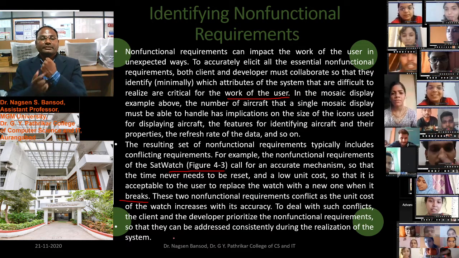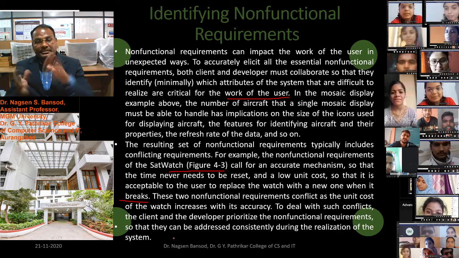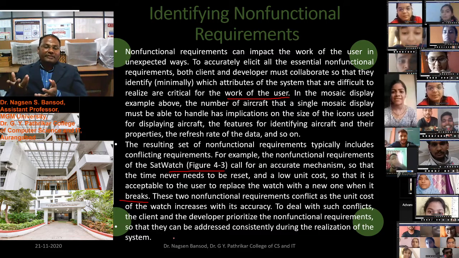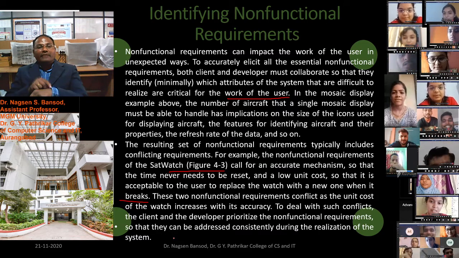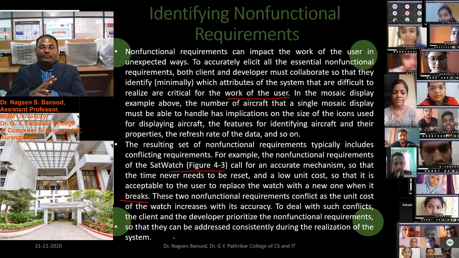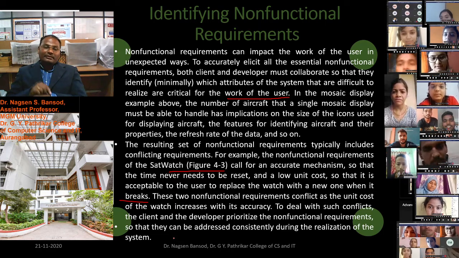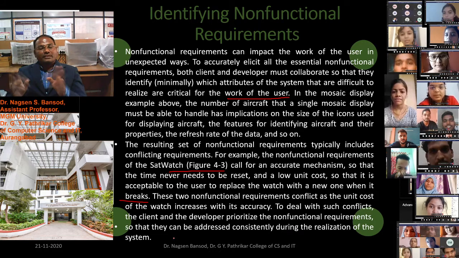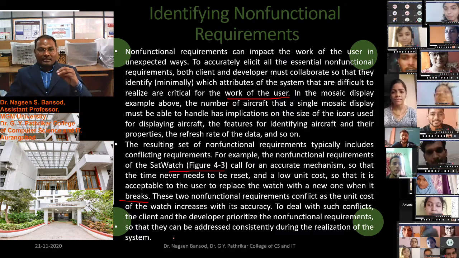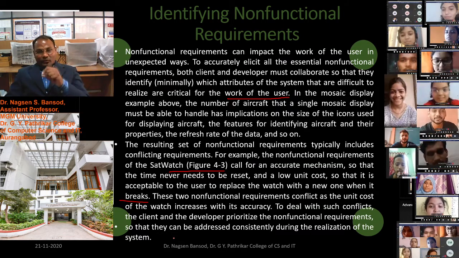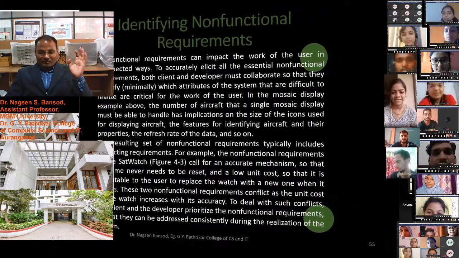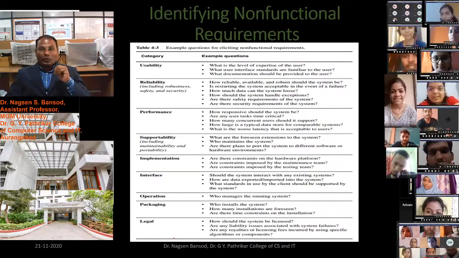We know SatWatch is an automatic watch. It changes the time with satellite communication. Zone-wise, it automatically changes the time. There is no need to set the time in the SatWatch. So if the watch is not working properly, then that is a broken watch. We can say we have to throw that watch away. This non-functional requirement is not given there. If there is a problem in that SatWatch, what does the user have to do? The user has to throw that watch, change that watch and take a new watch.